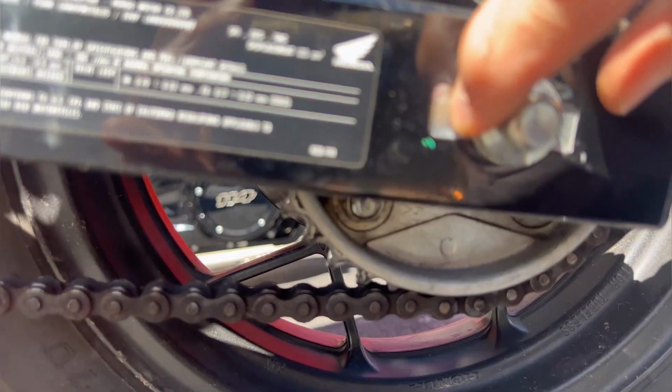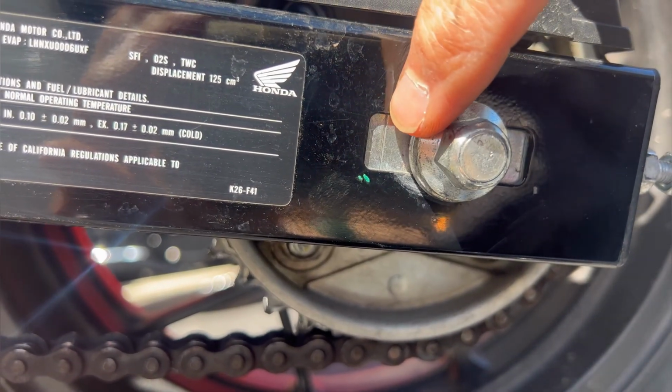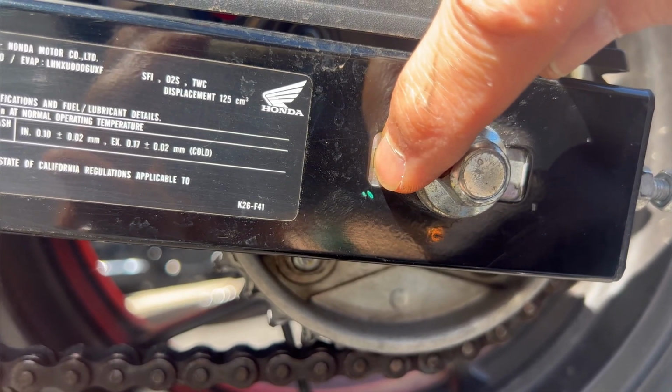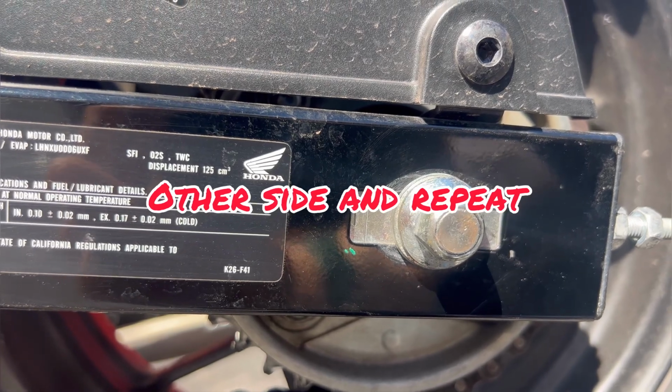I'm now at the big mark, and then the little mark, and then just a little bit of gap in front of that. I'll go to the other side and make...